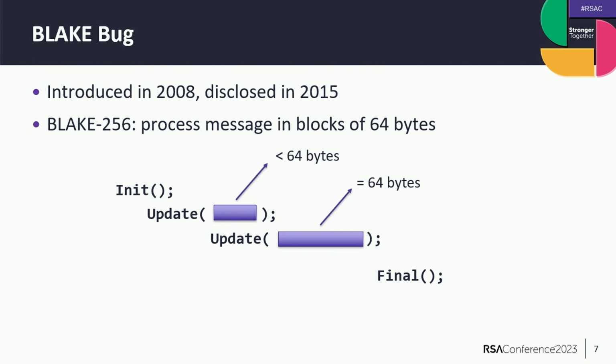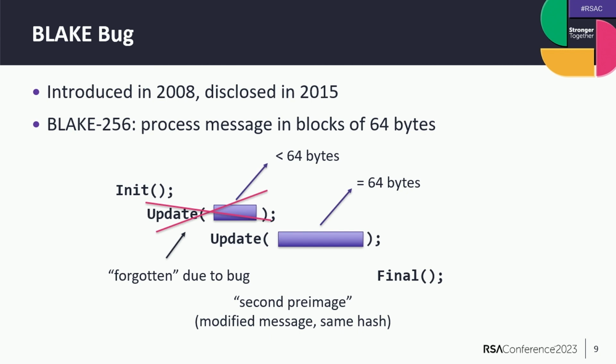Just to make it easy, I'm only looking at this smaller size of the hash function, where the message is processed in blocks of 64 bytes. If you consider that you are doing, of course, first init to initialize the data structure, then update on an input less than 1 block, then update on an input of exactly 1 block, and then you finalize. What happens is this first call is actually sort of forgotten due to a bug in the implementation. So what that means is that you've constructed a second pre-image, but not for the algorithm of the hash